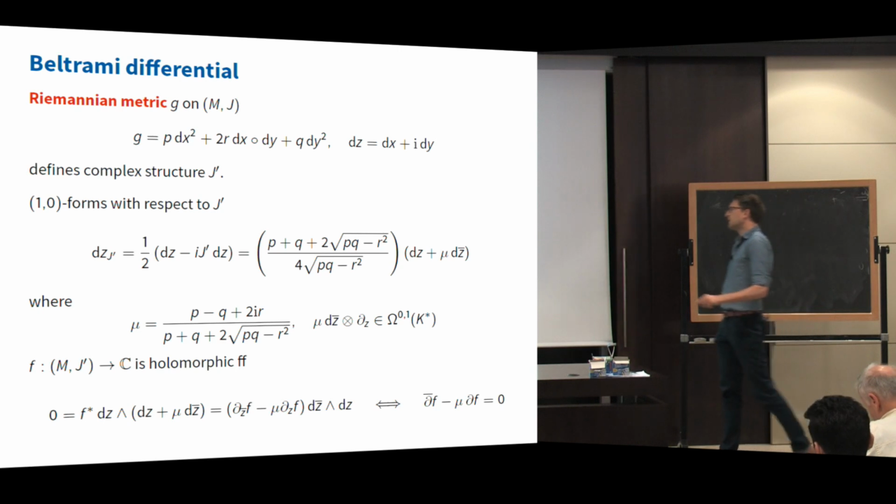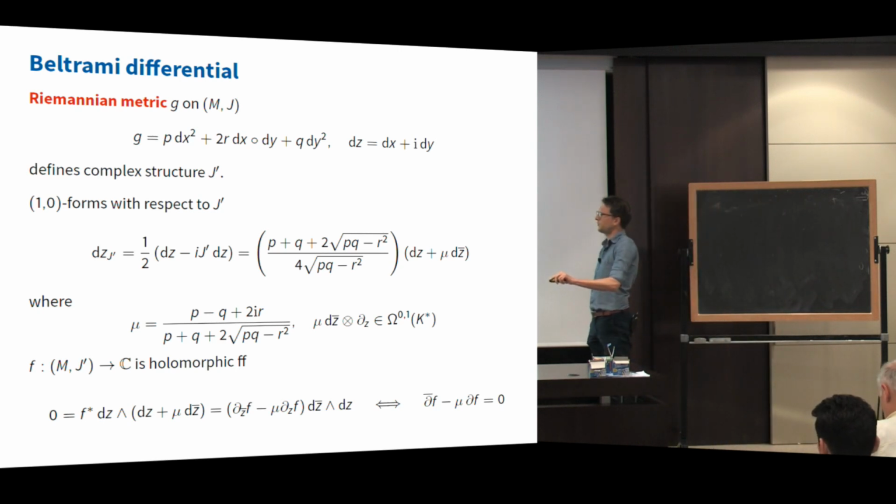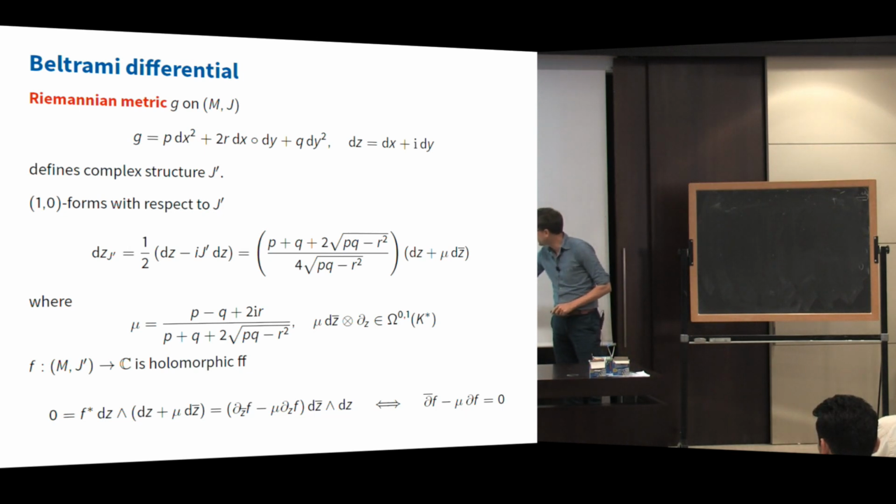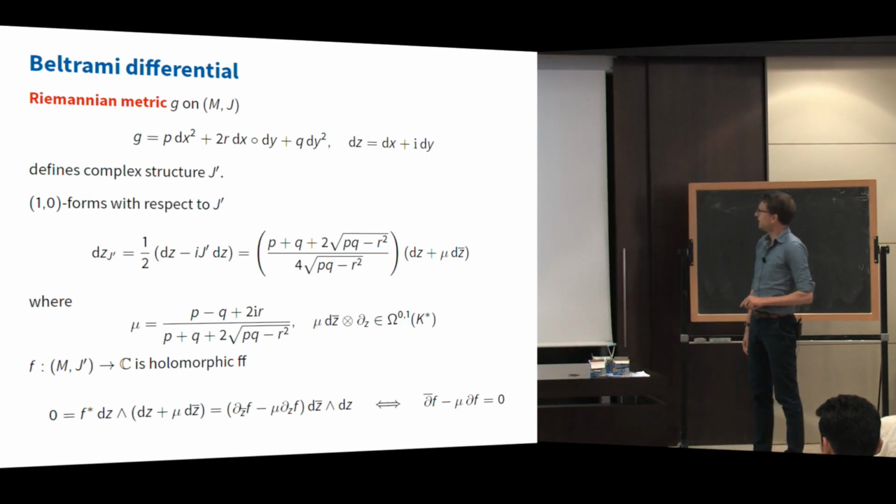What you can easily compute is how the holomorphic maps look with respect to my new complex structure. If you go through the computations, you learn that they must satisfy this equation down here, which is the famous Beltrami equation. Try to keep this in mind in case you haven't seen it before. If mu were 0, that would mean you get the same complex structure that you originally had, and then your holomorphic functions would just be the ones in the kernel of the del bar operator. But for a new complex structure, you have this extra bit. So this is Beltrami's equation.